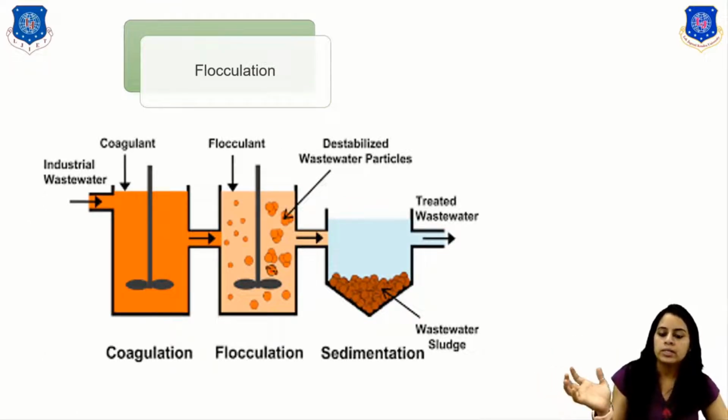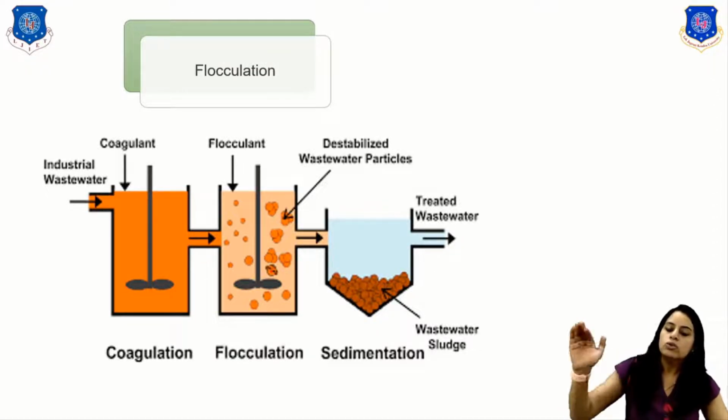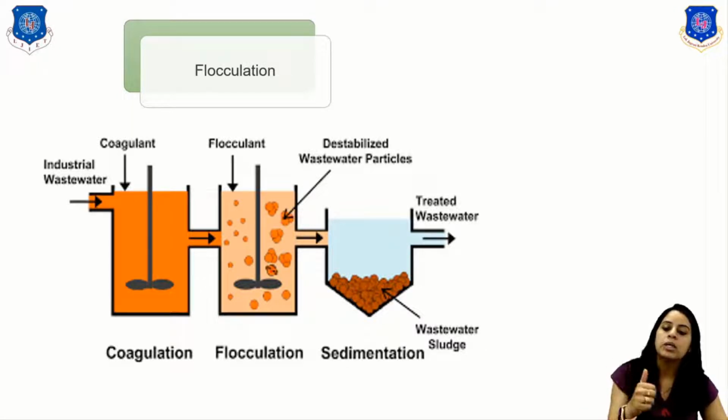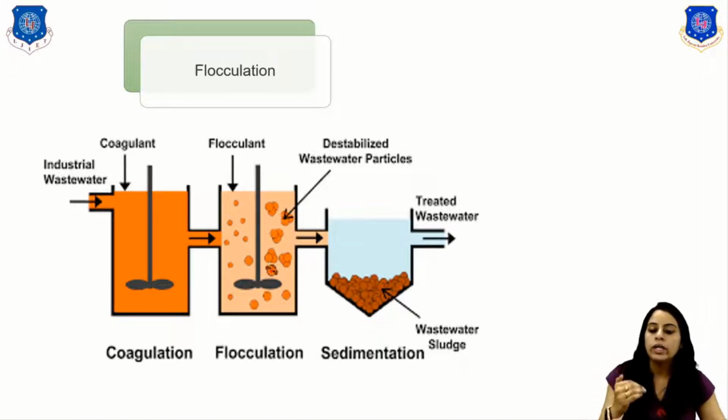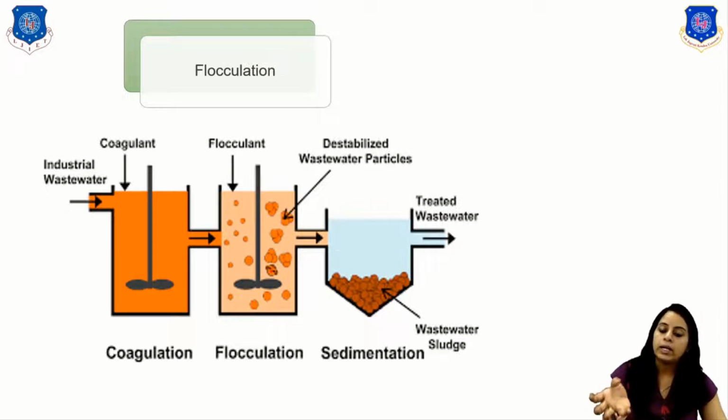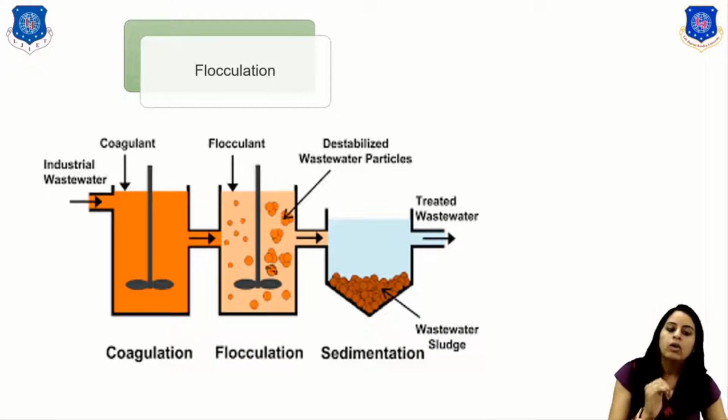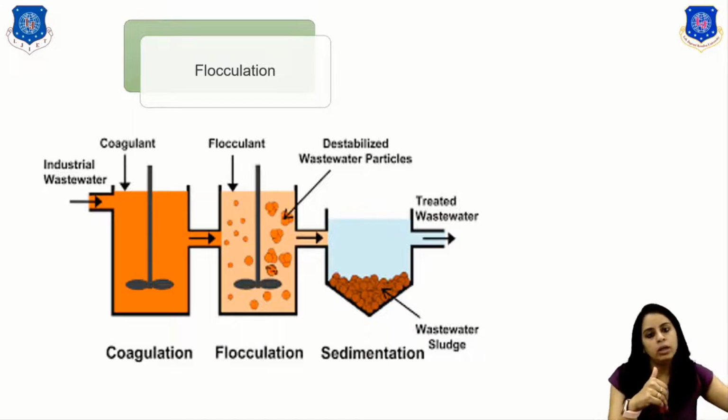Okay, here on screen you can see that coagulation and flocculation are processed simultaneously, right? Basically the industrial wastewater coming into the secondary sedimentation tank, in this tank we add a coagulant. After that the impurities gain weight and settle to the bottom. Then the flocculant destabilizes the wastewater particles, right? Here you can see the floc formation, and after that the sludge which is formed is collected at the bottom of the tank. And the treated water goes to the further processes.